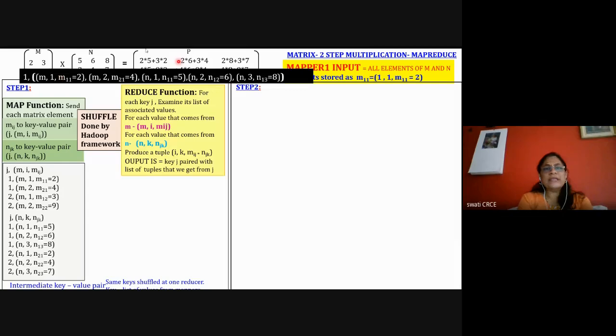Then it will go to the second element and it is going to create the pair as 1 comma 2 comma 2 into 6. Then the first M element will go to the third M element and it is creating the output as 1 comma 3 comma 2 into 8. Okay, so that's what we will see here, that it is going to create this particular list, these particular values,